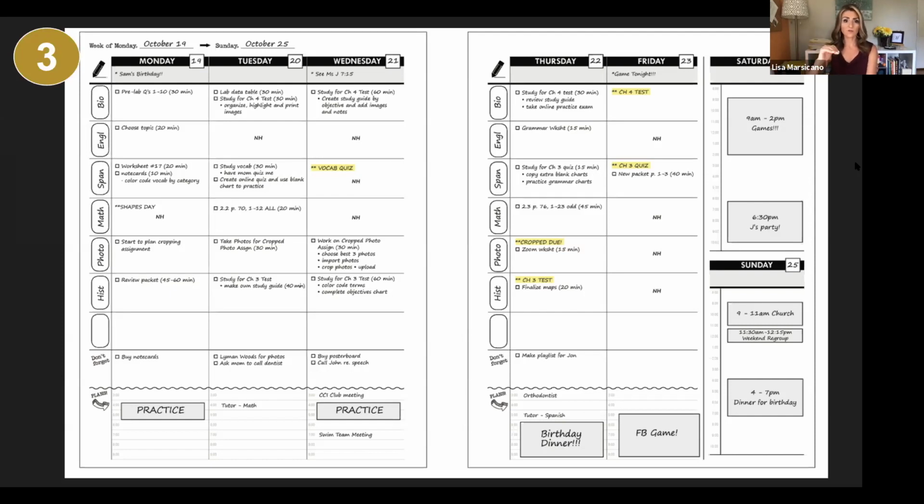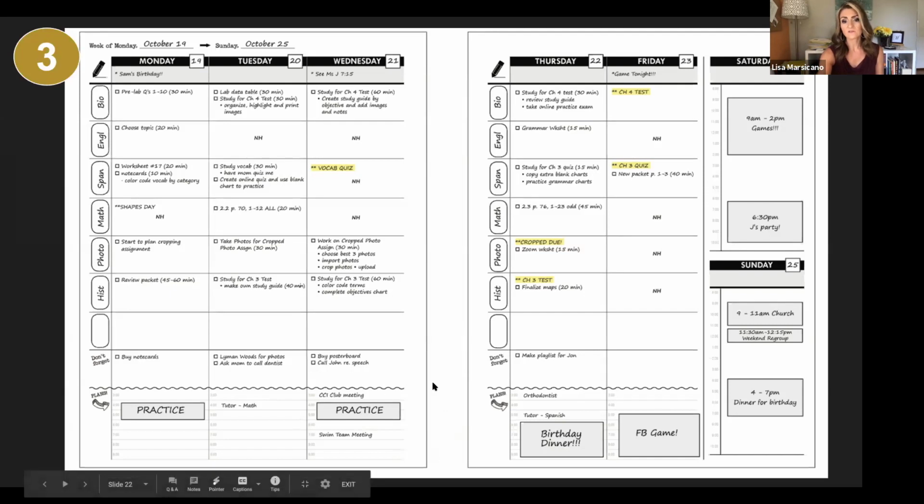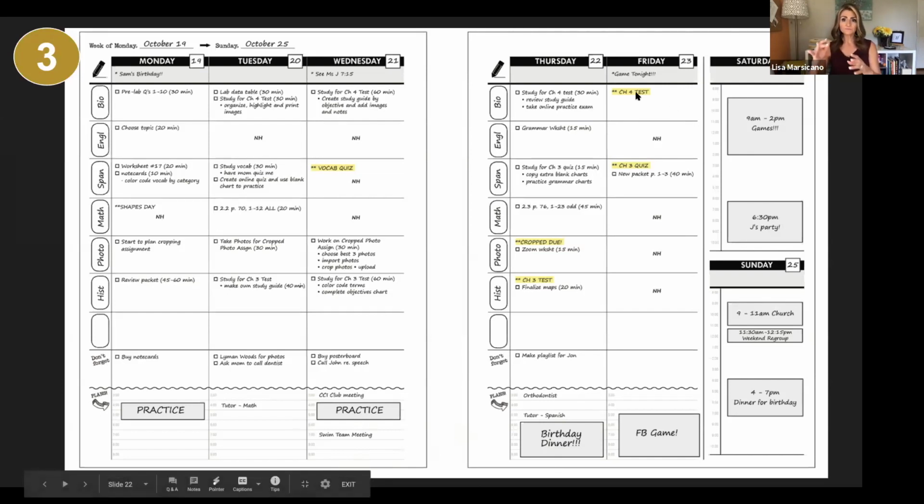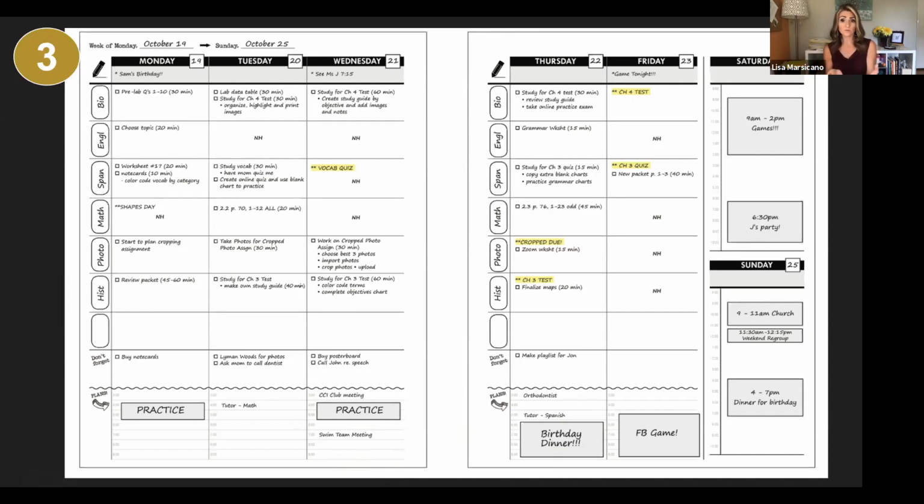We like to put our classes in the order we have them because it just makes more sense. In the evenings, if you have other outside activities or lessons or sports that you're still doing, block in those times for your commitments, because you're going to want to be able to see the big picture. If you have a test, say on Friday, you want to be able to look down to the night before. If you have 2 tests Friday and the night before you're pretty darn busy, you're not going to be able to do your regular homework and really adequately prepare for those tests on Friday if you're really busy Thursday night with plans with family or with sports or whatnot.